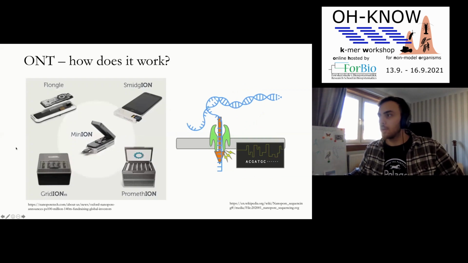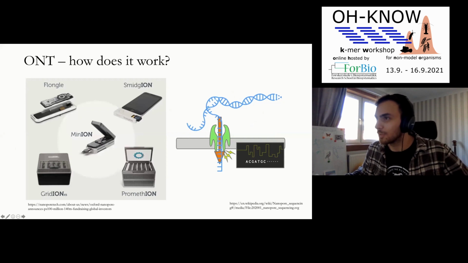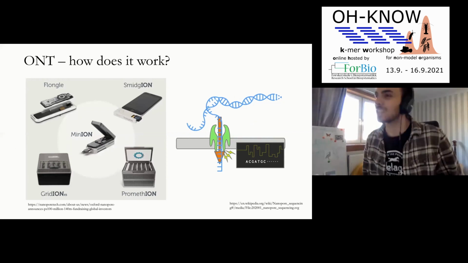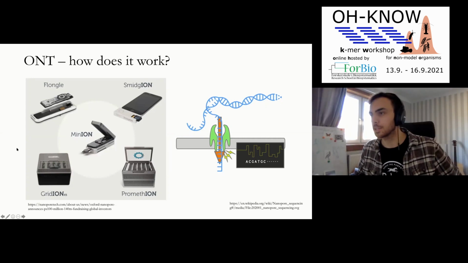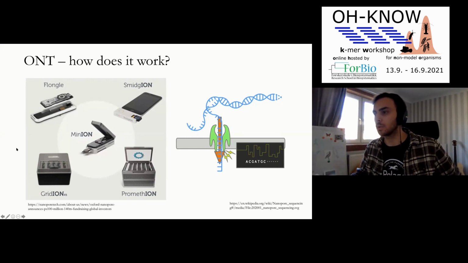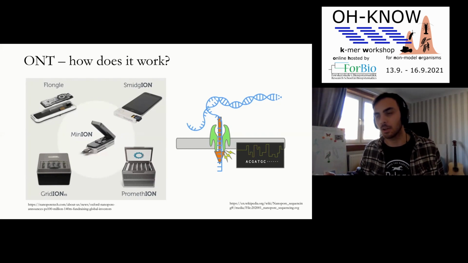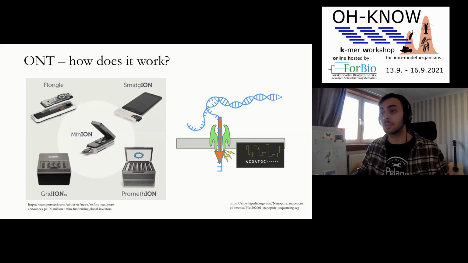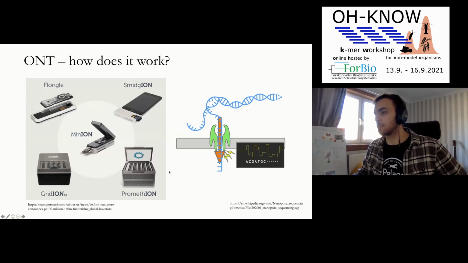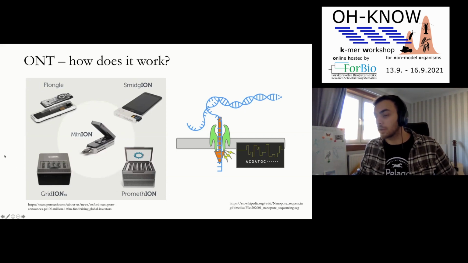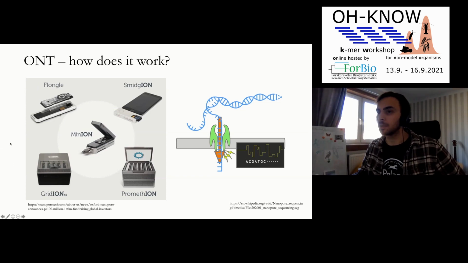Then there's Nanopore, which is, I would say, one of the most fashionable sequencing technologies nowadays. And their branding has worked very well. Nanopore have this whole host of different sequencing machines, which were, I think, initially designed to help you use them in the field or in conditions where you might not be able to house, say, a whole Pacbio machine. They're relatively far more affordable than the other technologies in terms of the machines. You can see some of them are small enough to plug into your phone. And some of them here are massive and produce massive amounts of data. Nanopore reads are much longer than both of the other technologies. They can be up to hundreds of kilobases.